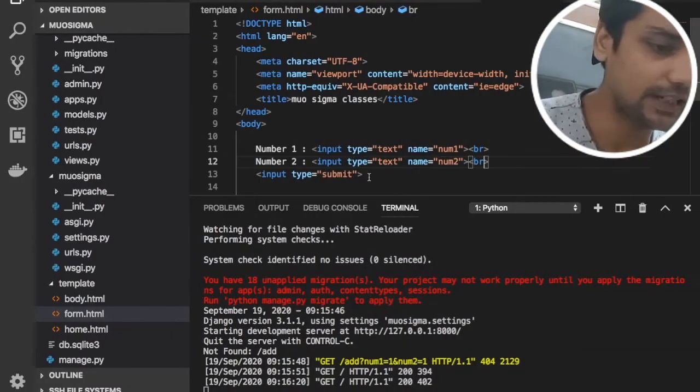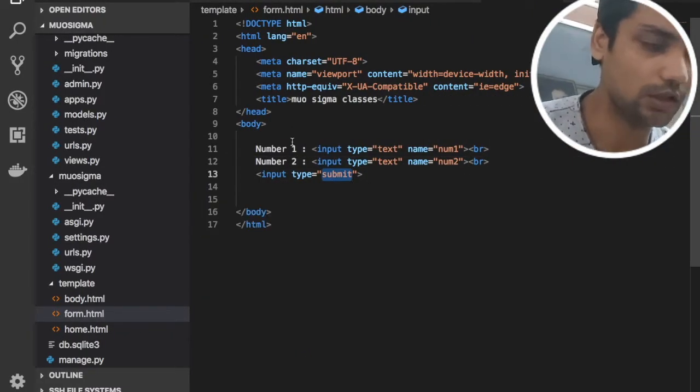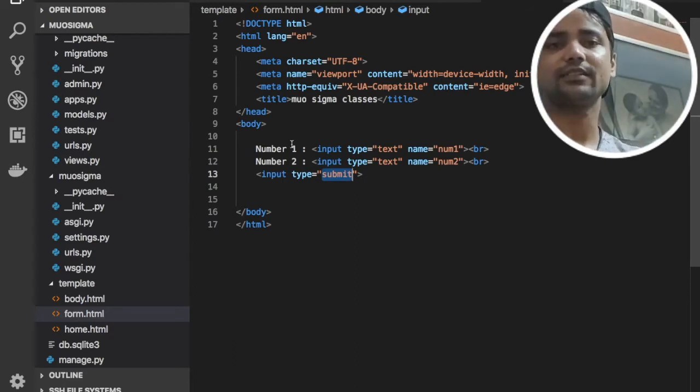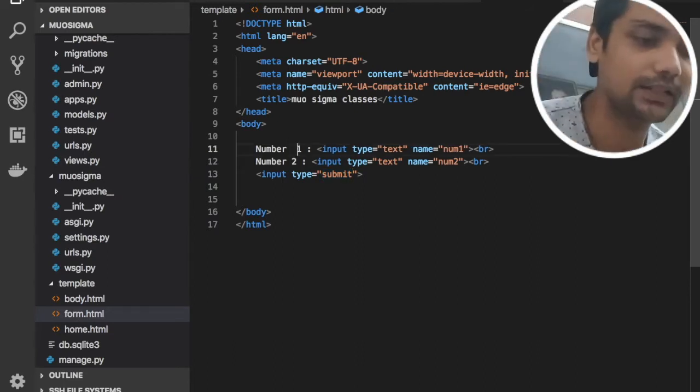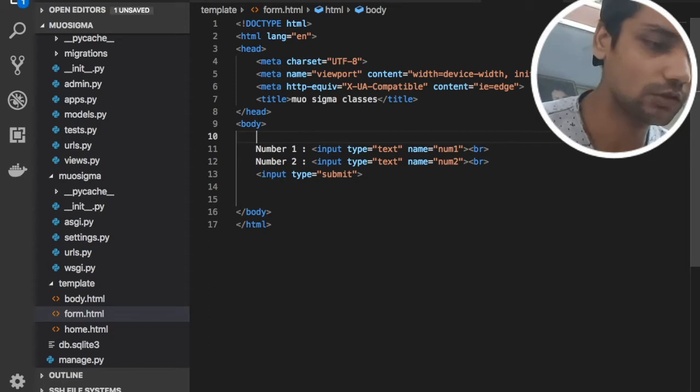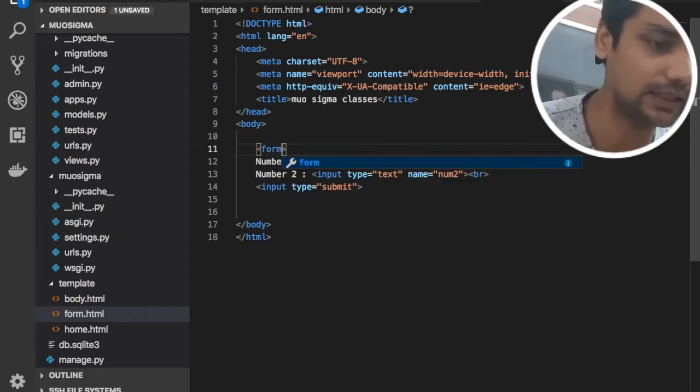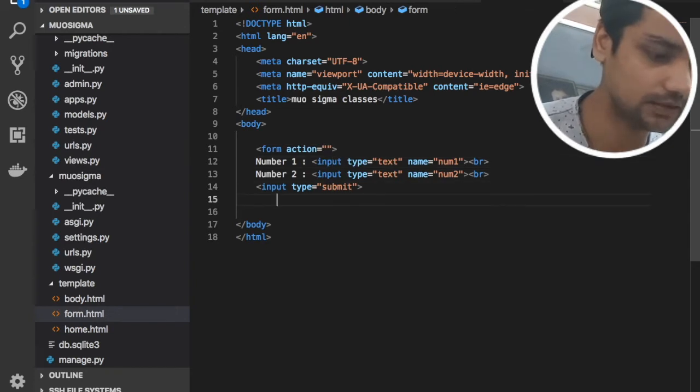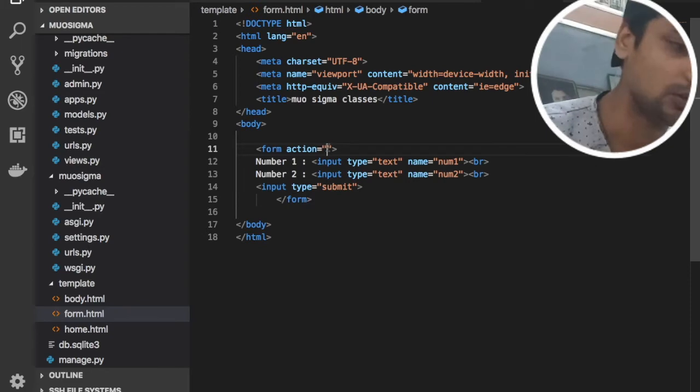The moment you hit the submit button, you need to listen for an action, right? So we'll create a form. We will put this inside this form, and we will have the action, and just close the form here. Let's say we are creating an action called add.